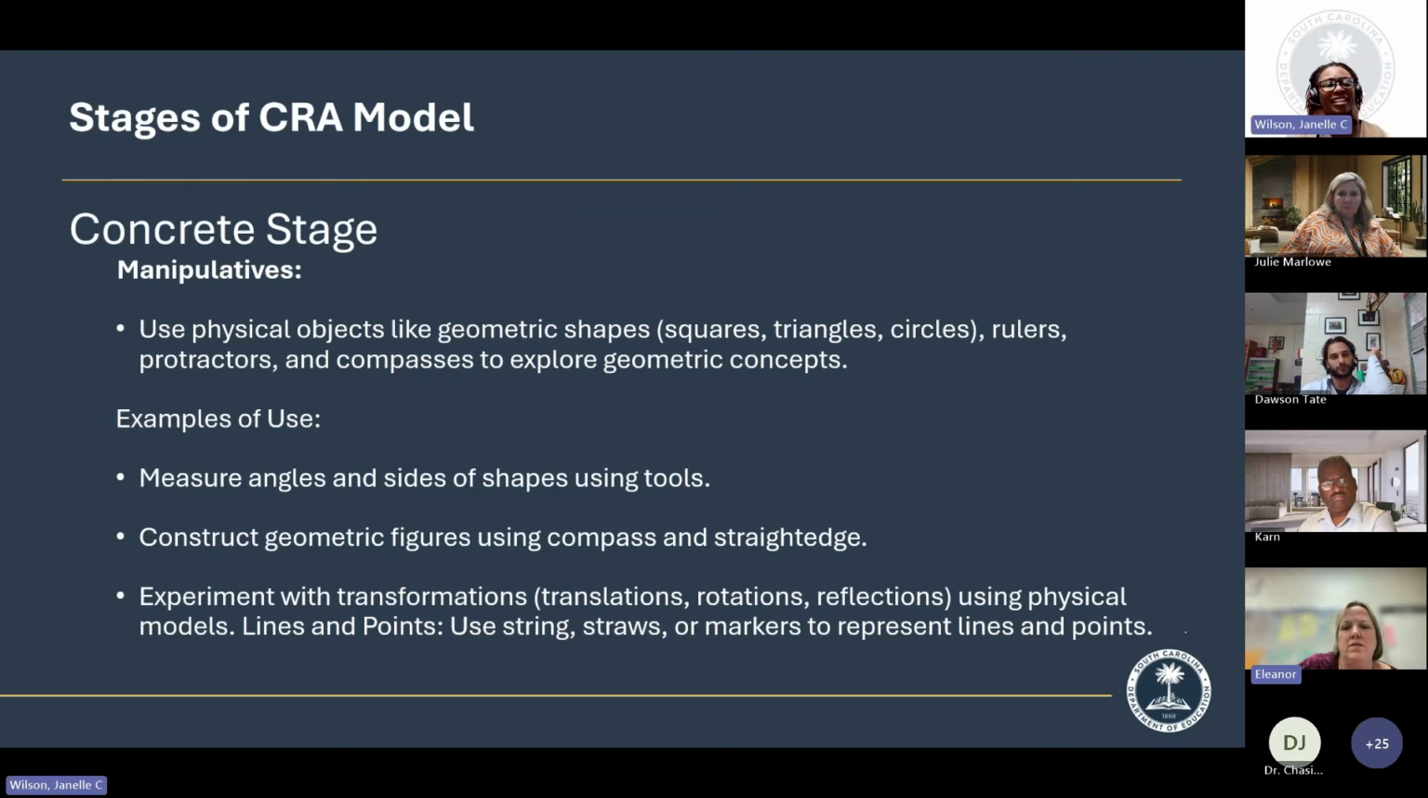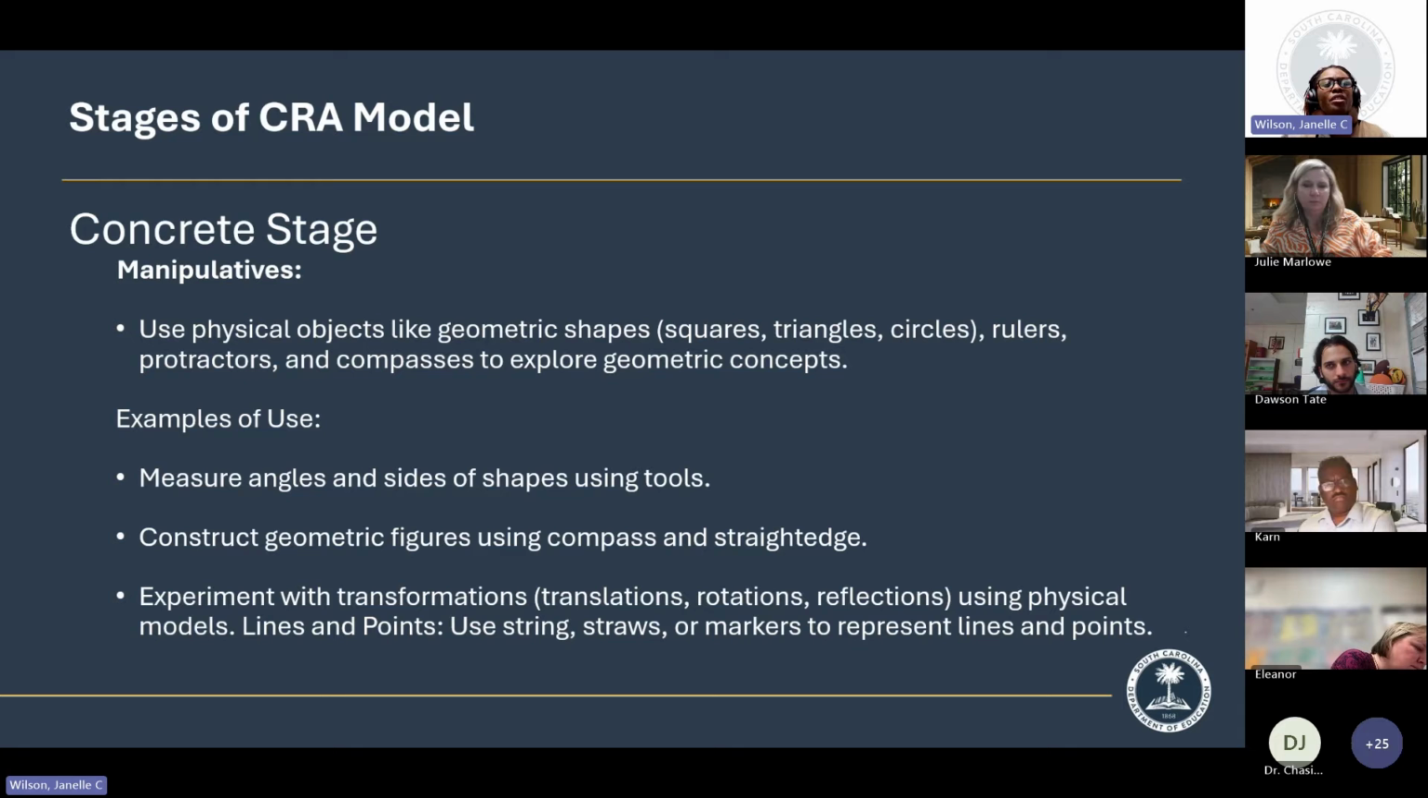Physical objects, either patty paper or building it with tiles or color tiles, physical pieces. Labs, geomodels, geoboards, drawing pictures, physical objects. We're going to get to drawing the pictures. Cereal boxes, soup cans, manipulatives. So the concrete stage uses physical objects like geometric shapes, squares, triangles, circles, rulers, protractors, and compasses to explore geometric